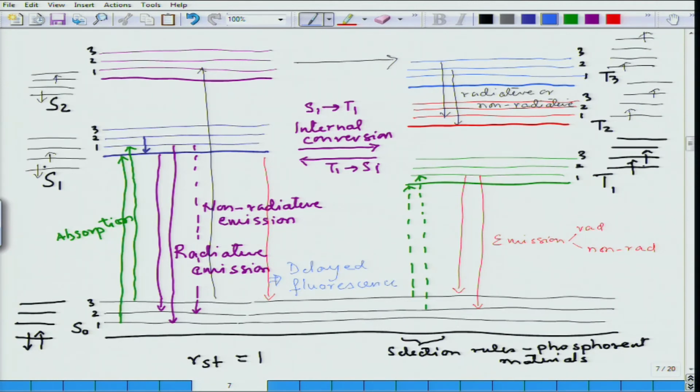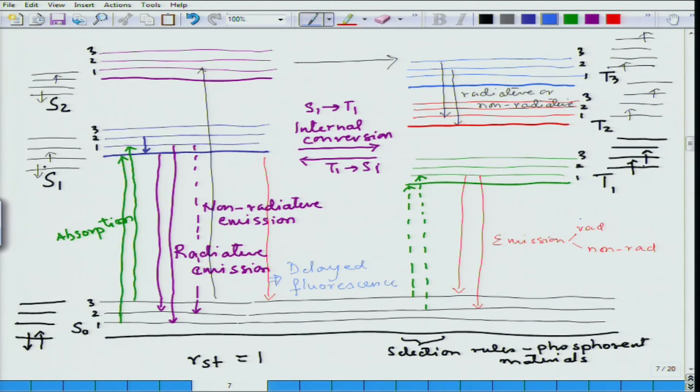So, there are three kinds of emission from this configurational diagram. First one is from excited singlet state to the ground state, which is the normal fluorescence of the molecule from the singlet state. There can be a triplet state, and there will be emission from triplet to the ground state, and this generally has a larger decay constant, and this is known as the phosphorescent emission. So, this would be a phosphorescent radiative emission. Radiative emission is possible,